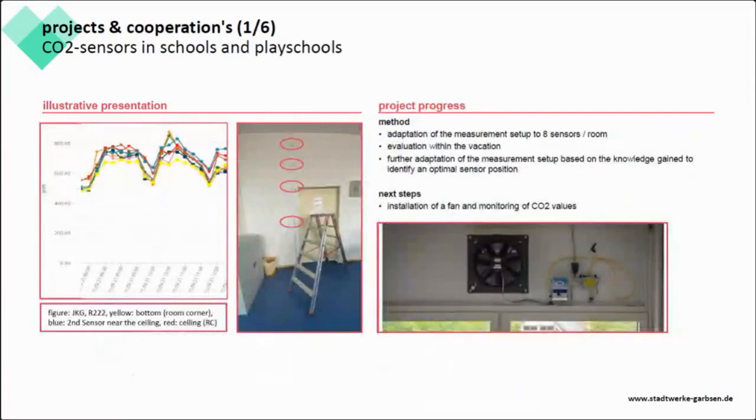Here you can see some pictures. After some days or some weeks of measurement, we decided with the Max Planck Institute to equip the rooms with 8 sensors each, because we need more information about the CO2 concentration. In the rooms, we put 4 sensors in 2 vertical lines. We did that because exhaled air is warmer than the ambient temperature, and the CO2 concentration under the ceiling might be higher than on the ground.